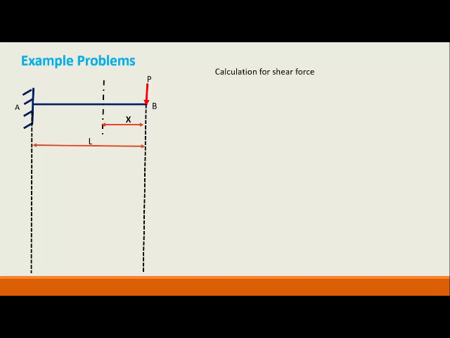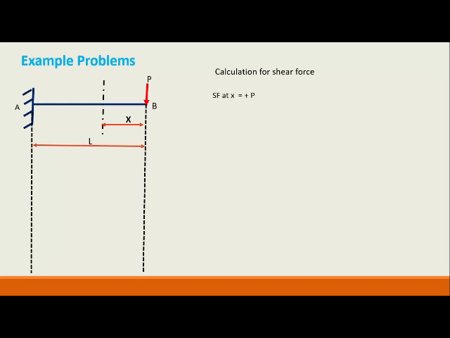First of all, we have to calculate the shear force. Mind it, at the very beginning of the cantilever beam, we don't have to calculate the reaction, because we will start the calculation from the free end, and because it is a free end, the reaction is known to us. It will be 0. So there is a very easy thing that we can do for a cantilever beam. Let us go for the calculation.